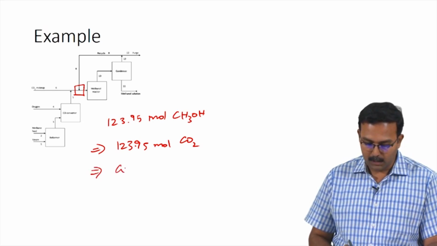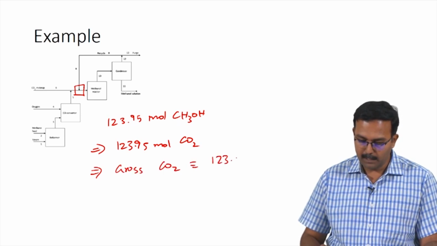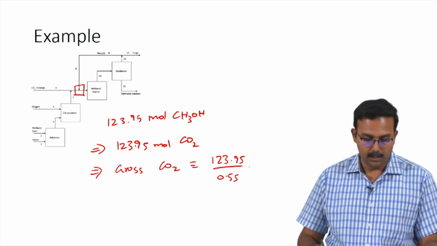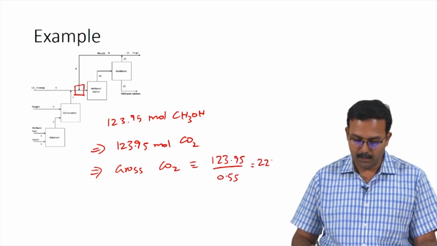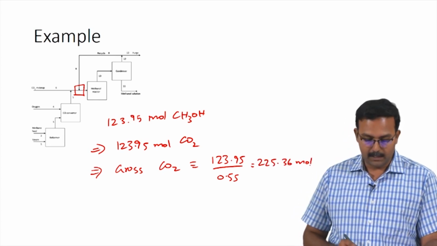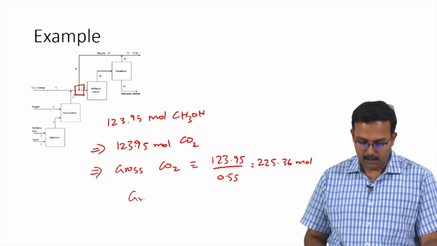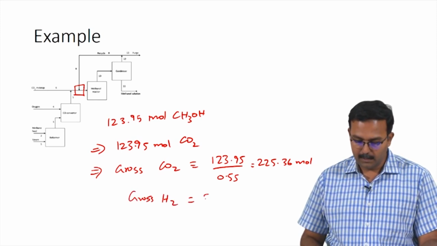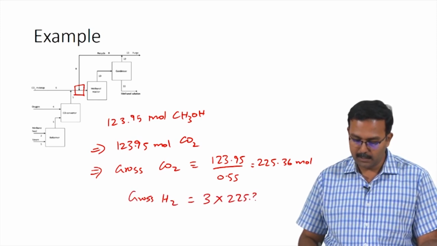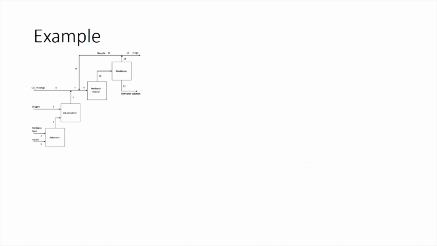So, gross CO2 entering would be 123.95 divided by 0.55, giving you a value of 225.36 moles. As we know that the ratio of carbon dioxide to hydrogen is 1:3, gross hydrogen entering would be 3 times 225.36, giving a value of 676.09 moles. Now that we have information about the carbon dioxide and hydrogen which is present in the total feed,